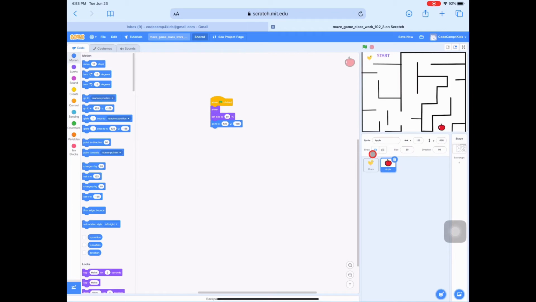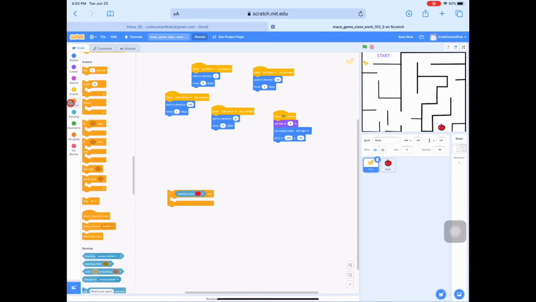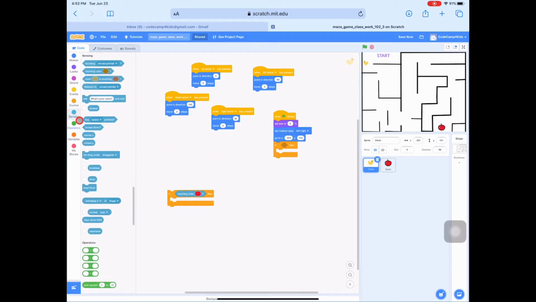Now let's see how the game happens. So the first thing we want, whenever the chick touches the wall, the game should be over, because that's a wrong thing, right? You cannot do that. So in that way, what we can do is let's take this if block, right? Because the if says if it touches black, you want to do a game over, right? So if it touches. Now if you go to the sensing block, which is this sky blue block, and take the touching